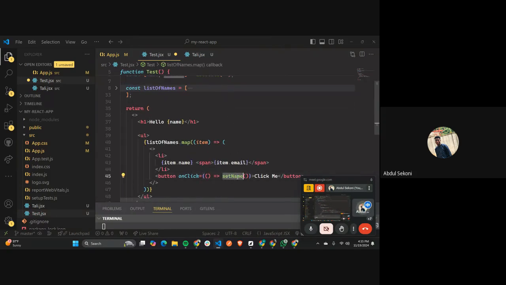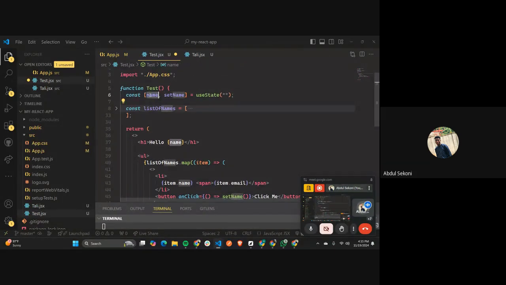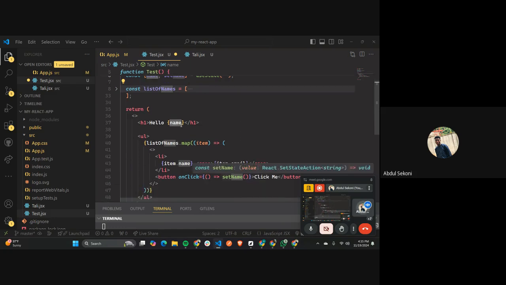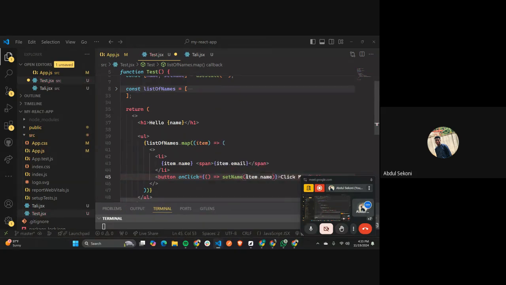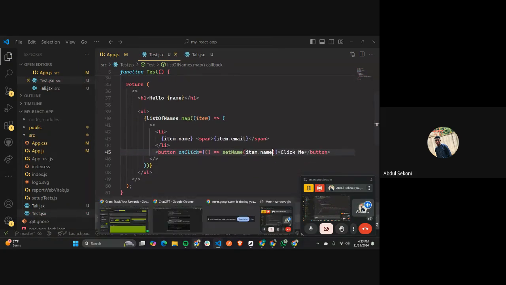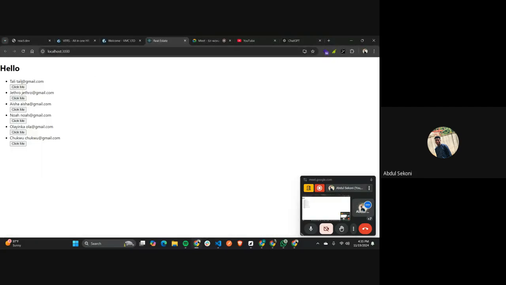Now I want to set name. Again, the ChatGPT explanation tells us that set name or set counter is the function that we call to update this guy here. So now, what I want to render here is everybody's name. I just come here and say item dot name. When I call this and I go back to my browser and back to my useState, when I click on Tally,